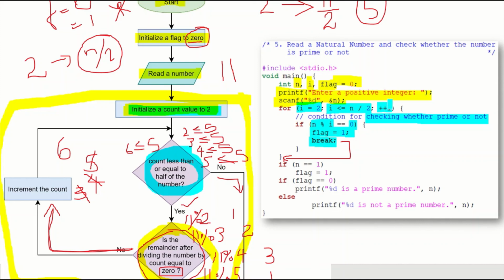It will increment the count, again check the condition, and again come back to this if condition, and this process will be continued. So in this for loop, it will check the values from 2 to n by 2, and if in any case the division of the number by the count is equal to 0, it will set the flag and exit out of the loop.